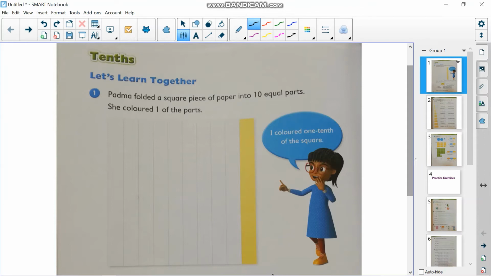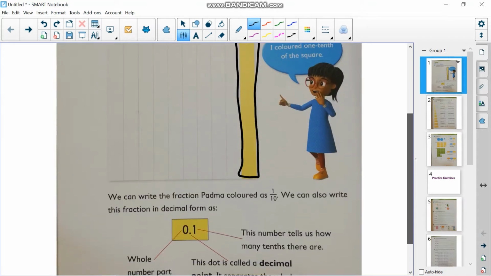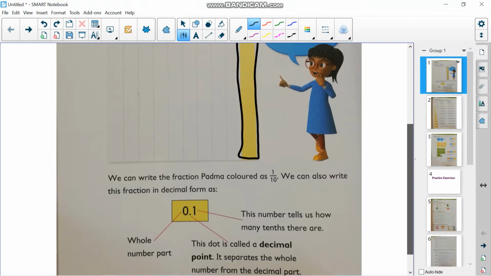First example. Padma folded a square piece of paper into 10 equal parts. She colored one of the parts. So this is the part where she colored. If we're going to write it as a fraction, it will be 1/10. But we can write this fraction as a decimal as well. So how do we write 1/10 as a decimal? We write it as this one,